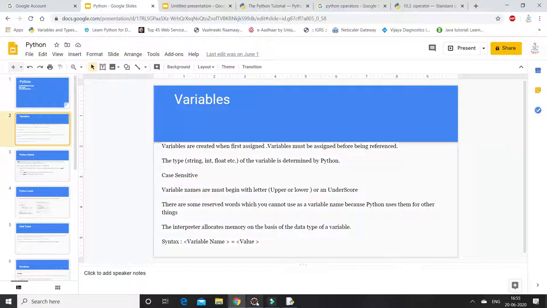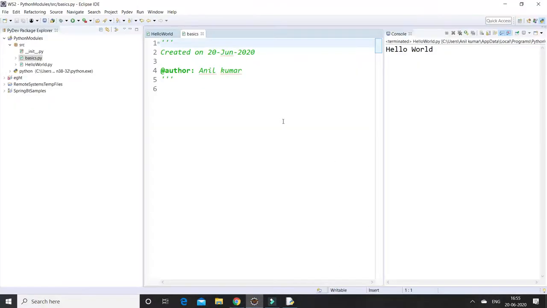Let us go to our Eclipse and create a variable. We can provide any variable name. I'm going to provide x, separated by the equal to operator, and I'm assigning the value 13.